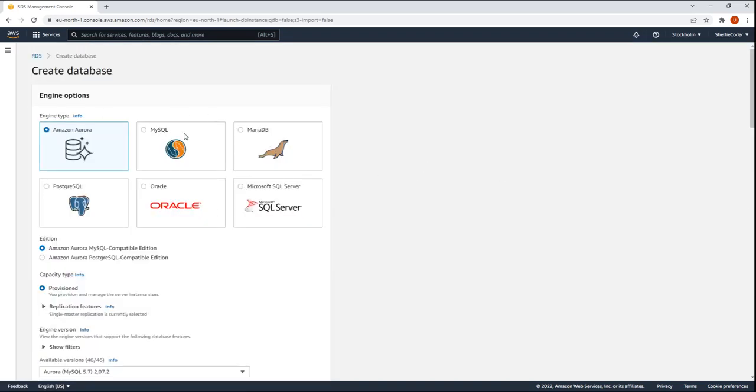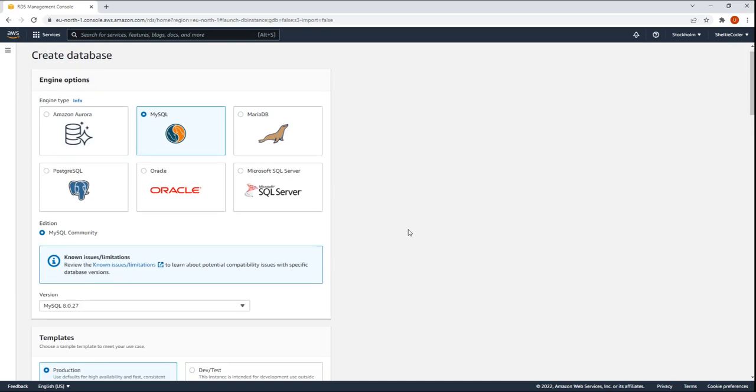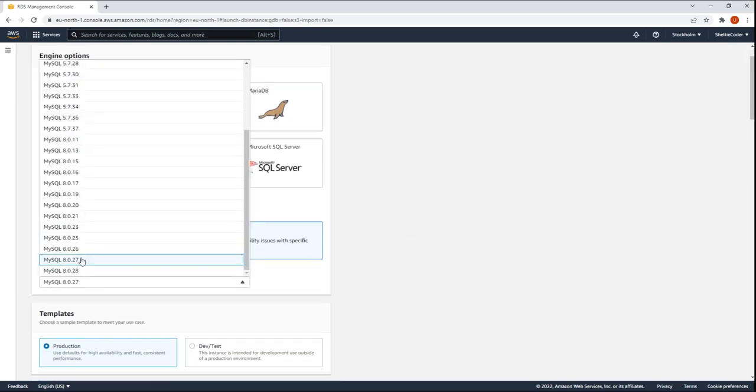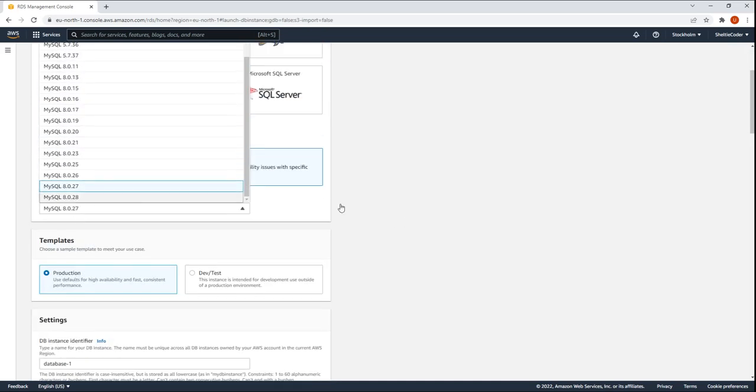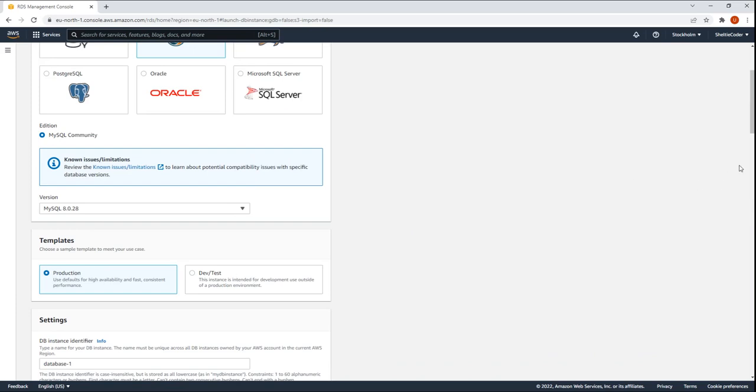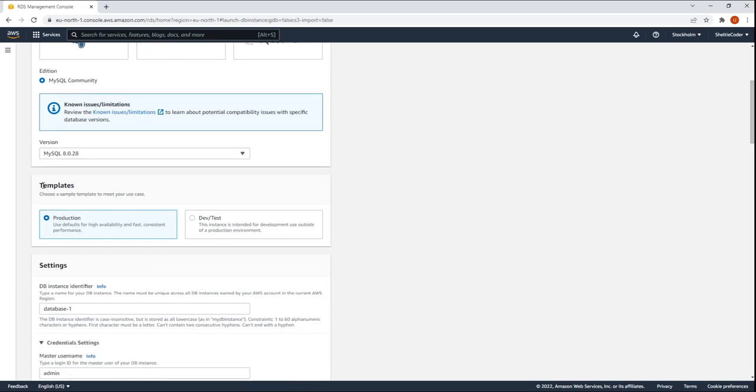and you choose your engine. I normally choose MySQL or Maria database. So let's go ahead and choose the latest one. Now this is an important part. If you choose the template, it's either production or test. It's really only the performance